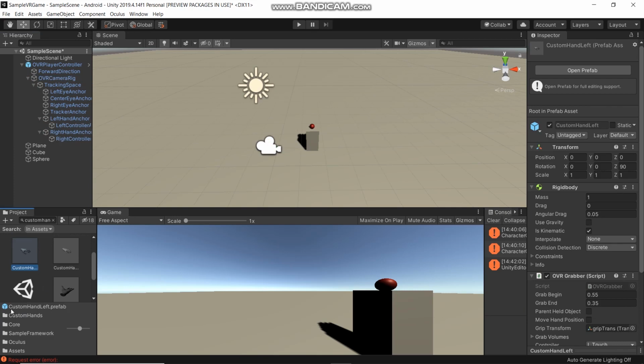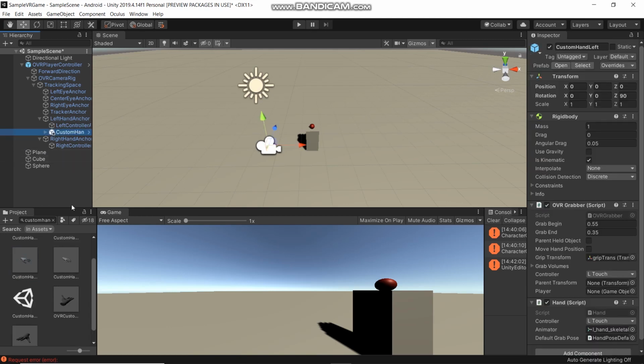And here drag custom hand left into custom hand anchor. And for right,